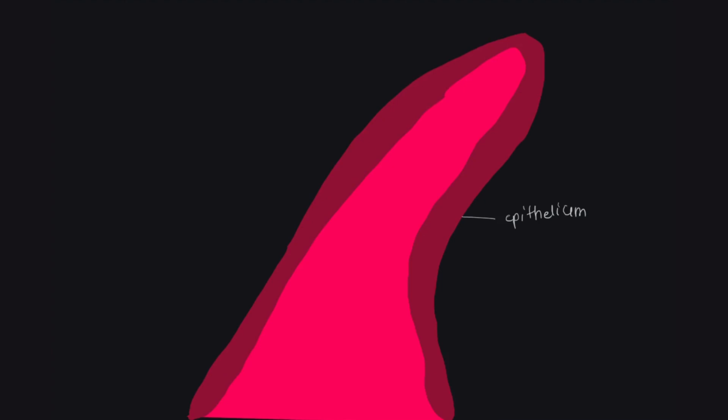Let us further take a look at the villus. So that's the typical mucosal villus right there, and surrounding the entire structure is the epithelium. There are certain specialized cells found inside the villus that help in secretion and aid in the process of digestion. So the first type of